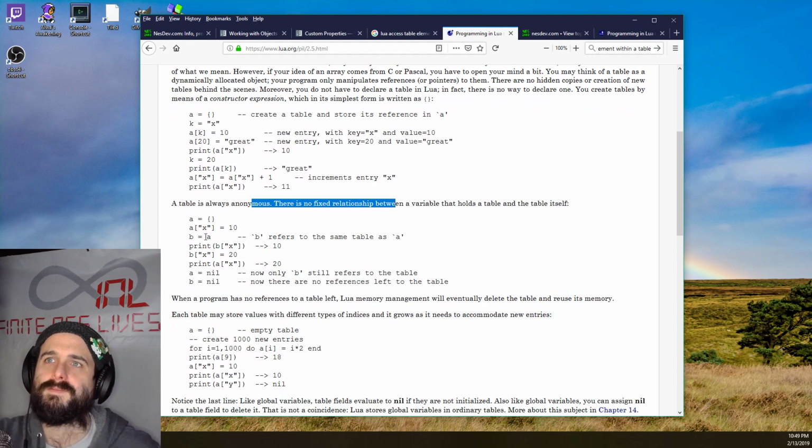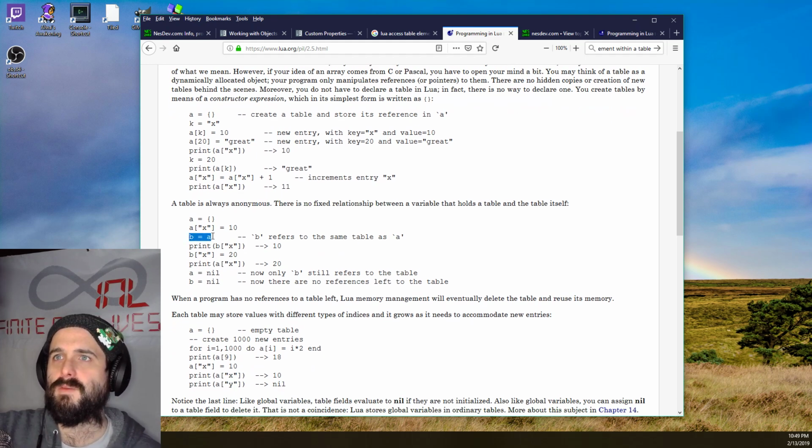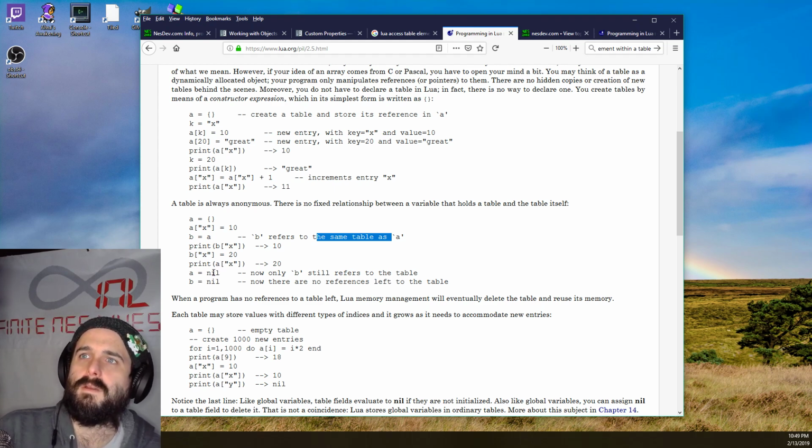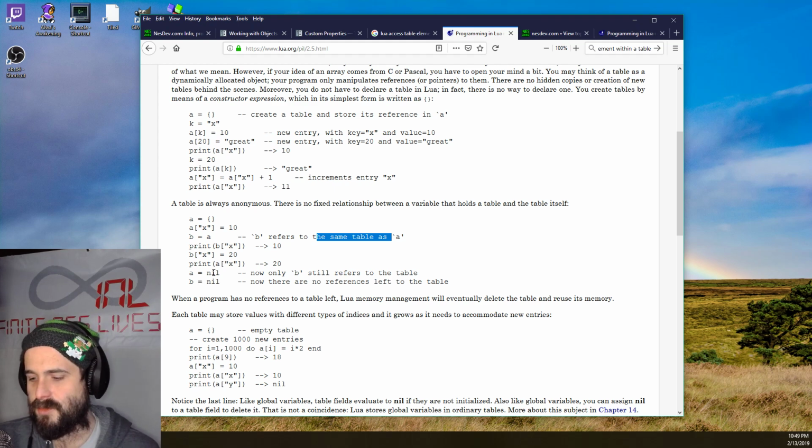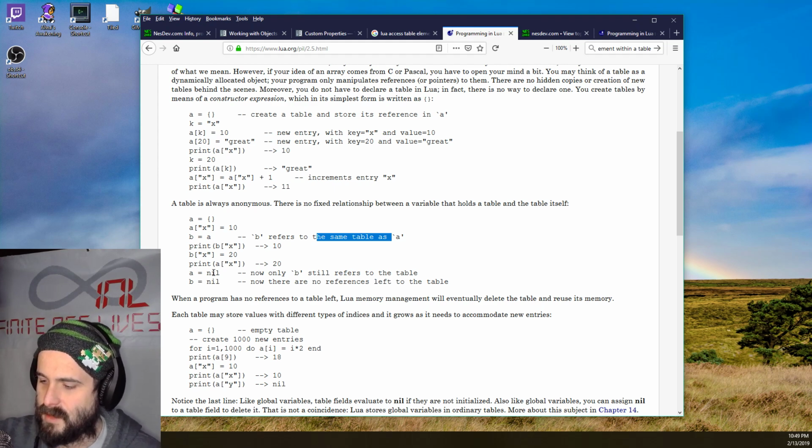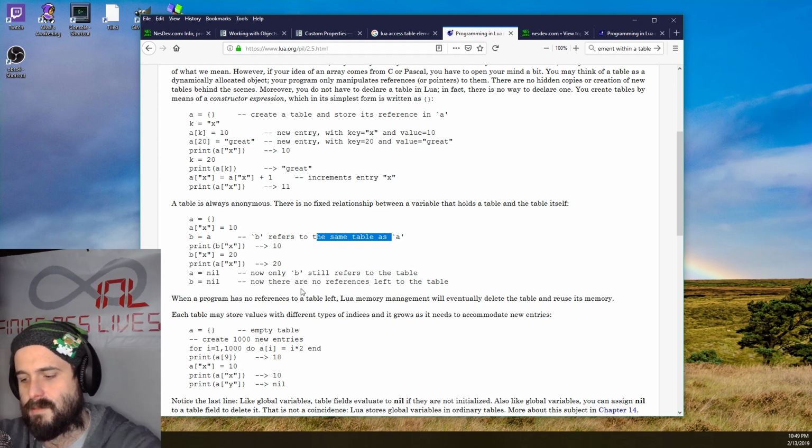So b equals a. B refers to the same table. Print b of x gives us the same thing. Because what if we created a new table, Koitsu's got it. If we create a new table and say it equals that other one,